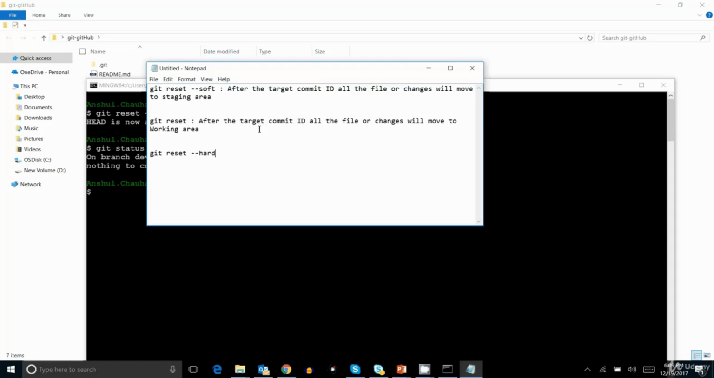But if I move to git reset hard, then no data will be left to recover. It will completely reset your project to that particular commit, and you will completely lose the changes which you have done after that commit on which you are resetting your git project. So guys, please be careful when you are using git reset. Okay,